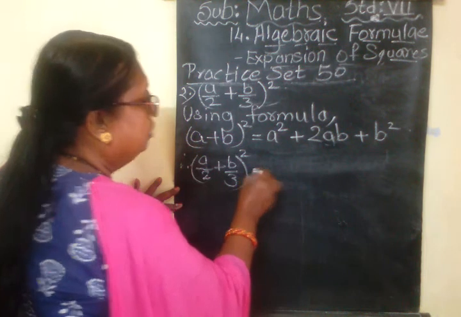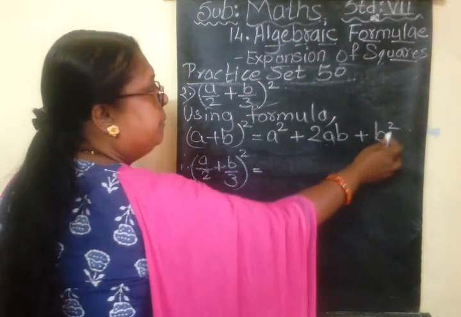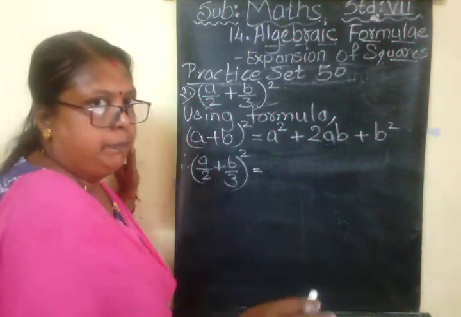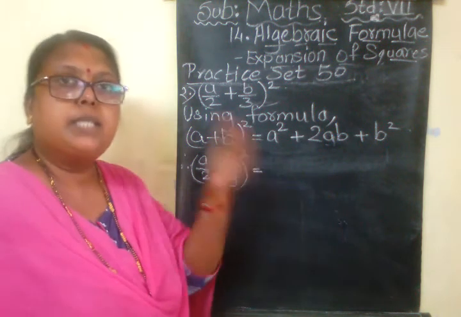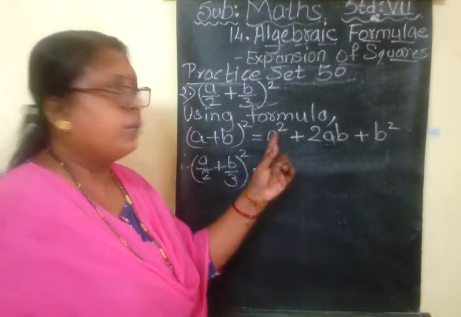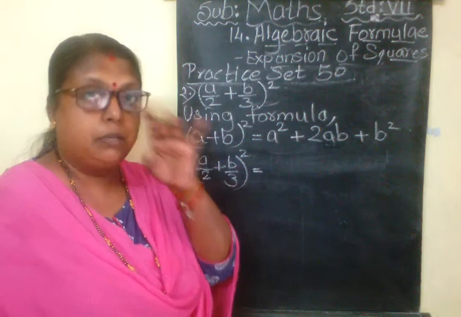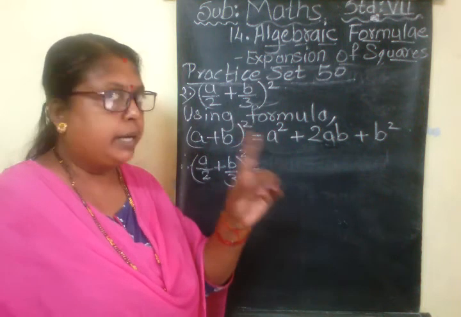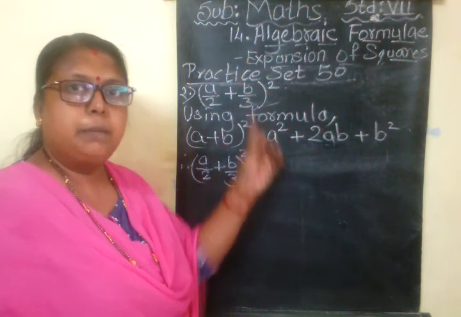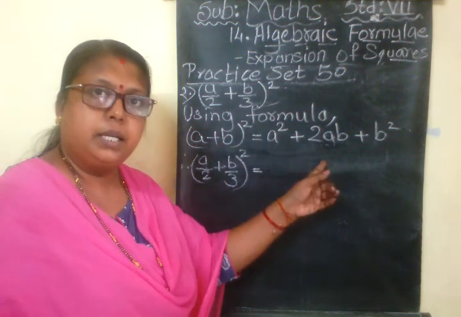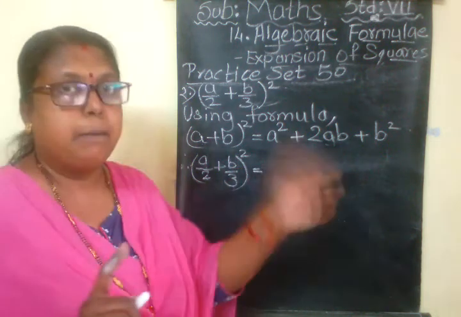So as per our rule, a plus b the whole square is equal to a square plus twice ab plus b square. In each and every sum you have to write this formula. Not only this formula, whichever formula is applicable for your sum, you have to write it, because the formula carries half or 1 mark. If you write a wrong formula for the sum, it won't give you marks. If the formula is related to your sum and it is written correctly, then only 1 mark will be given. Okay, so the formula is compulsory.